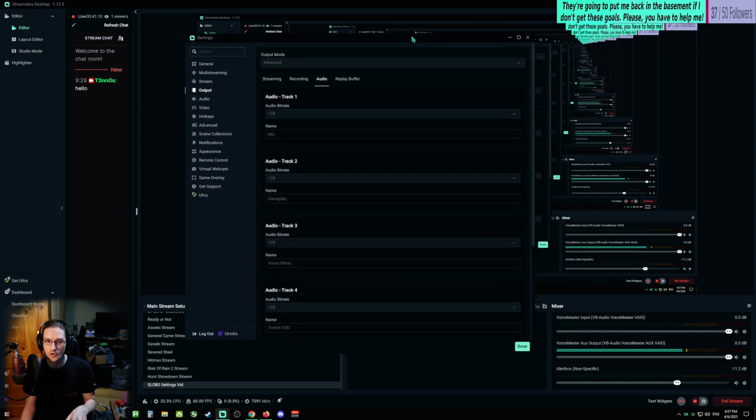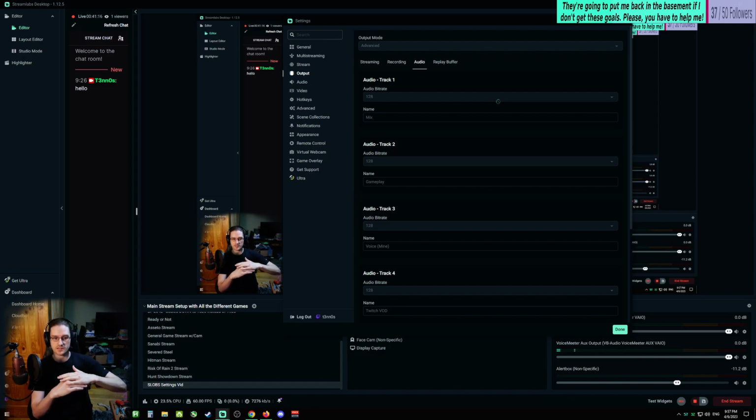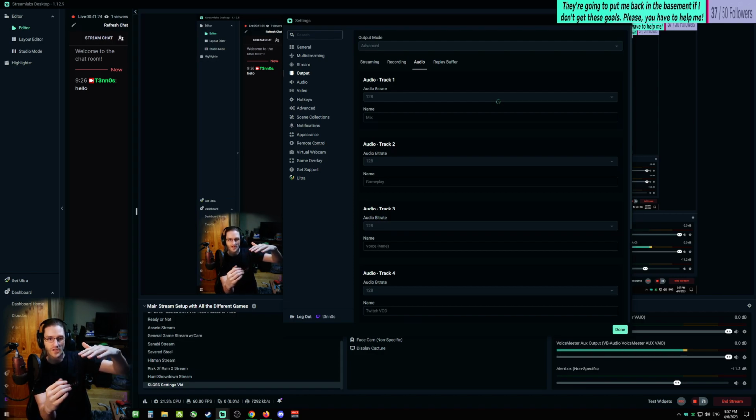Because when you load it into an editing software, it'll load all those tracks. So I know number 1 is the mix, and say I need to turn my voice up in certain parts of the mix. Well, if I only have one track where the game and my voice are both mixed together in that track, I can't turn my voice up. I have to turn the whole track up, which is also going to turn up everything in the game, which doesn't actually turn my voice up. It just makes everything louder, you know? So having a mix is good,